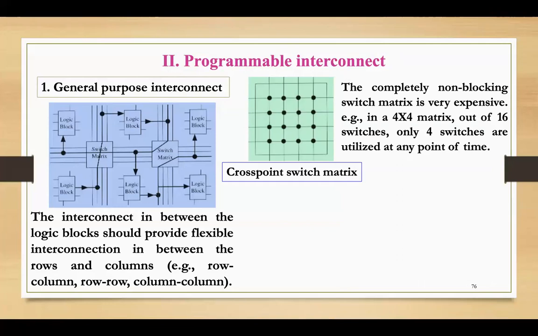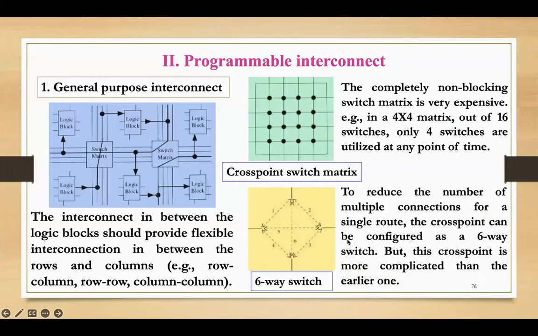Here you have a 4x4 matrix. The dark green one represents a connection. Then you can have a 6-way connection, just like a rhombus: 1, 2, 3, 4, 5, 6. So this is a 6-way connection. In this way we can reduce the size, but it's a little complex compared to the cross-point